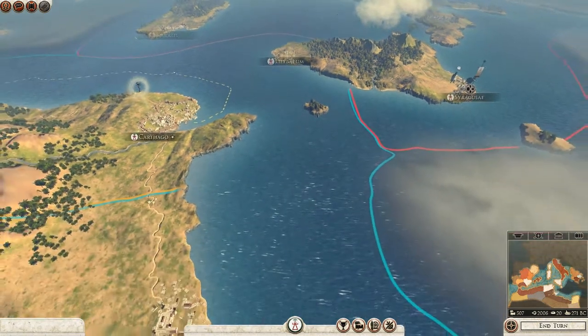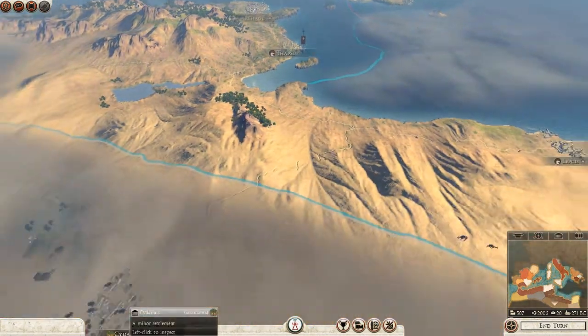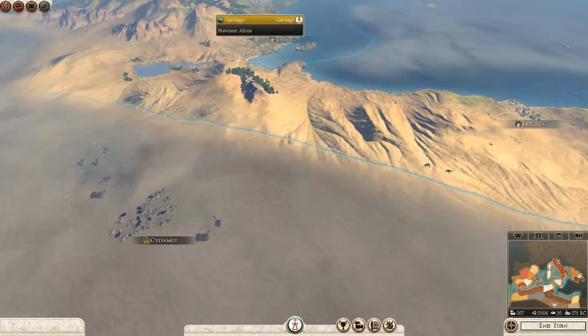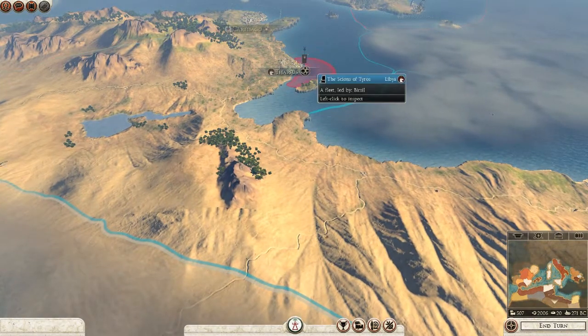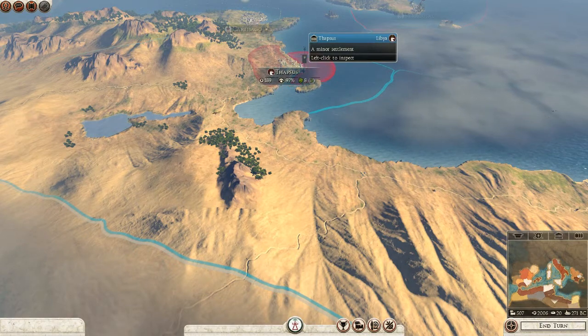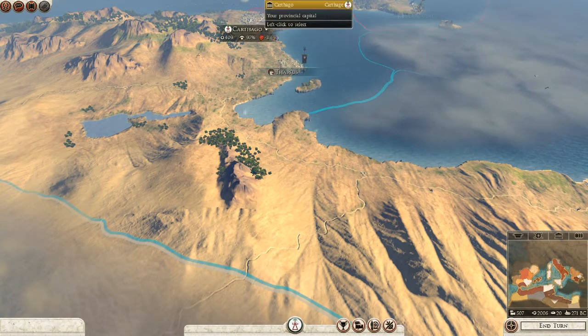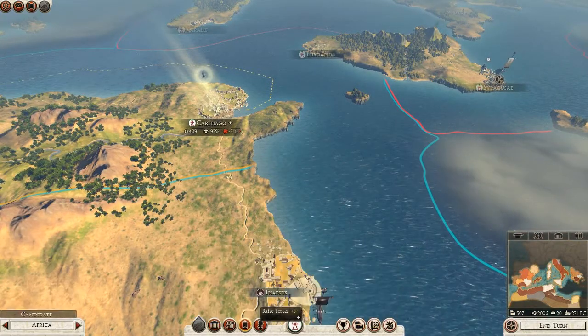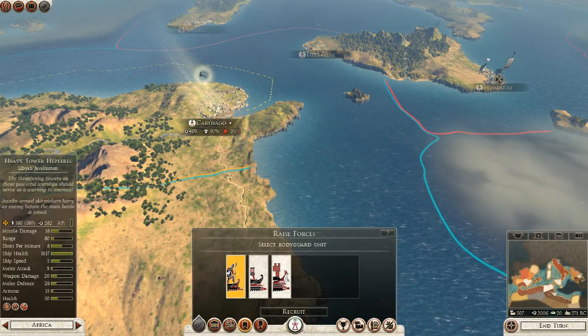Now, we are under threat from the south here. The people down here in Sidimus typically like to declare war on us. We're going to have to rely on our Libyan allies to sort of protect us for a little while. One of the things that we can do if it looks like they're getting too close and it looks like they're going to potentially defeat us is to raise a fleet in...